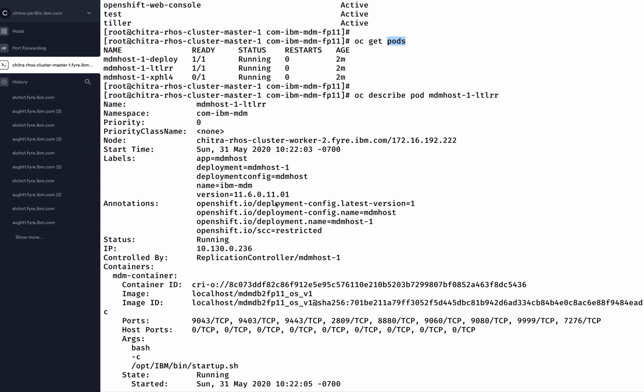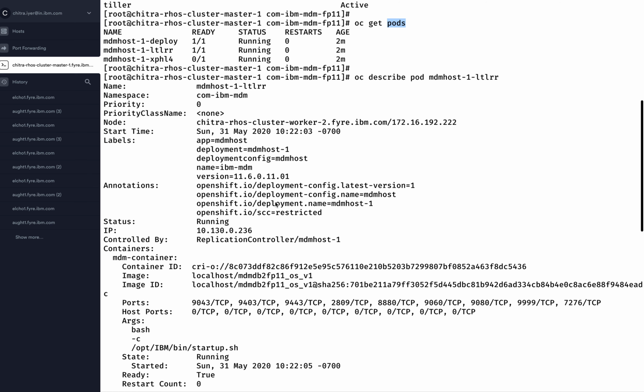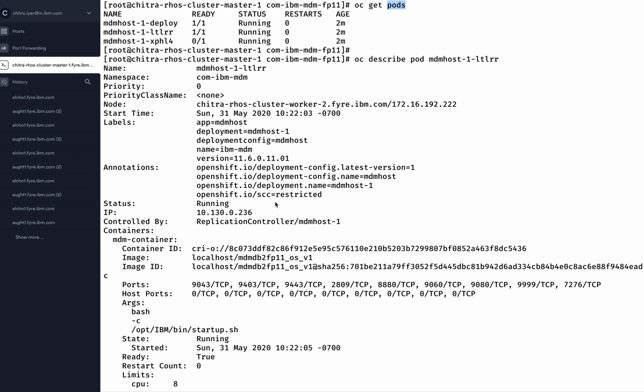All that we tell OpenShift is, I want a deployment config to be created, and I want two replicas here. As you see here, there are two replicas. Once we say this, OpenShift internally takes certain decisions on which worker node to place these pods.